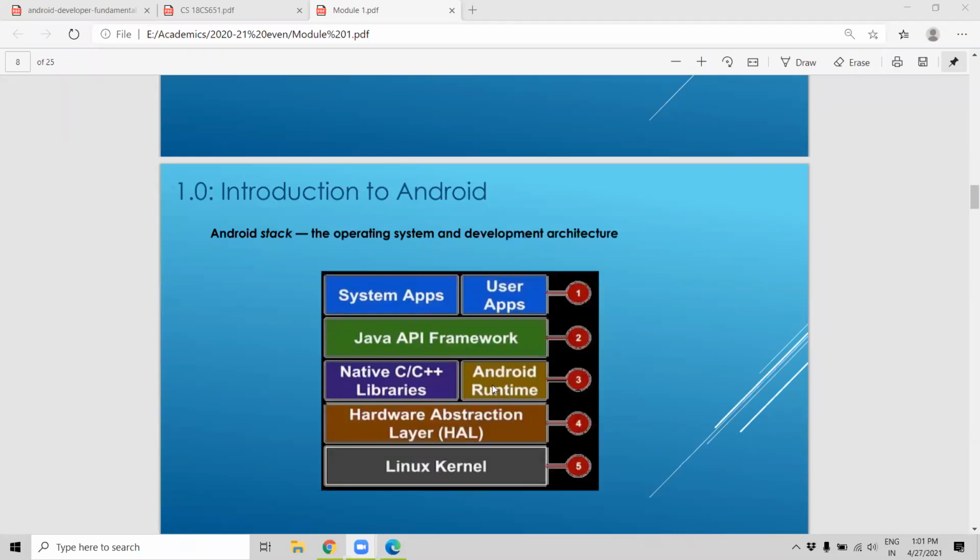What is this third layer? It is already the libraries which are present in the system. Who has developed them? Google has already developed them and given them to you. Libraries developed in C, C++, that we are going to use in the Java program. Android runtime, whenever we write the code, in order to run that program, we use this Android runtime. Is it clear? What is this third layer?